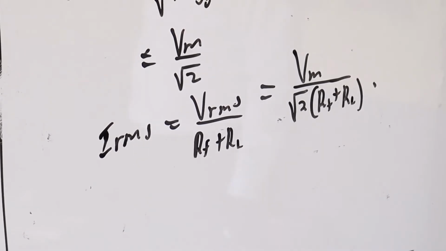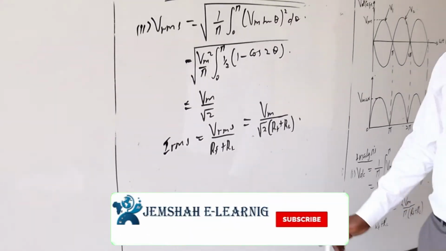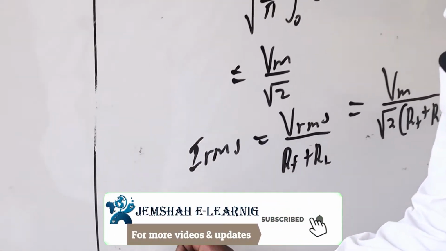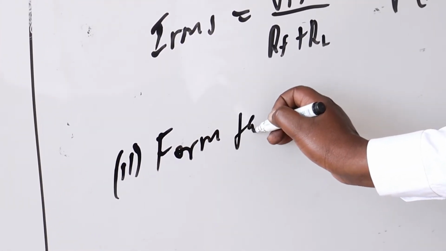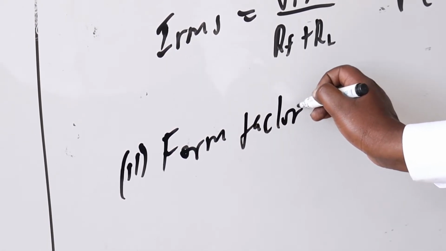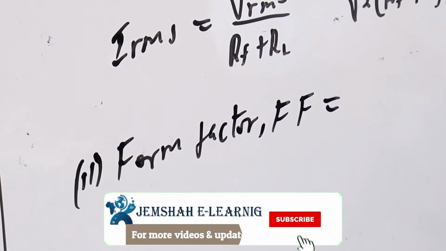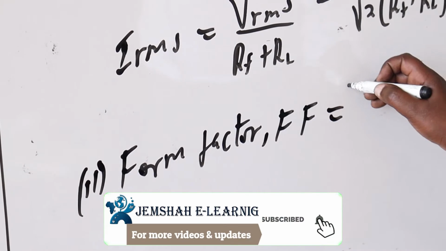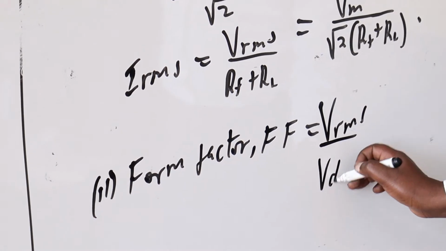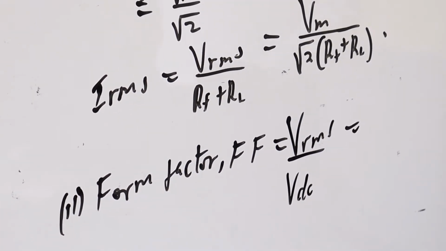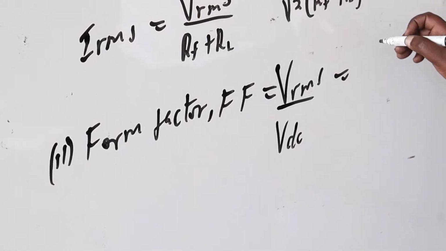So again, we can get another parameter, that is the form factor, Roman 3. Form factor is denoted by FF. It's normally given by VRMS all over VDC. So we have our VRMS, Vm